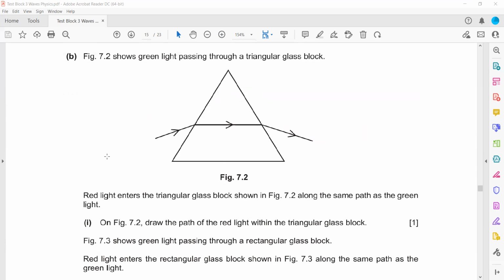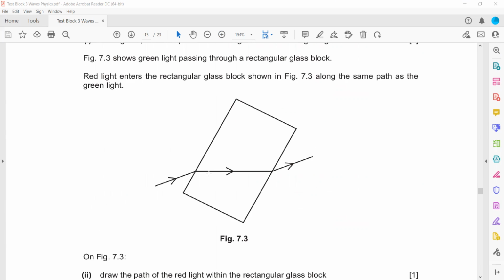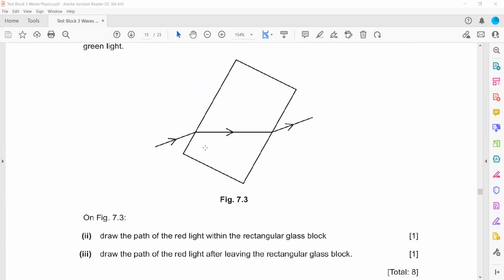Then on the figure, we have to draw the path for green. So green light will bend more. So this will be the path taken by the green light. And here we have to show the path taken by red light. Draw the path for the red light. So red will bend the least. So this will be the path taken by the red light. So if we know the